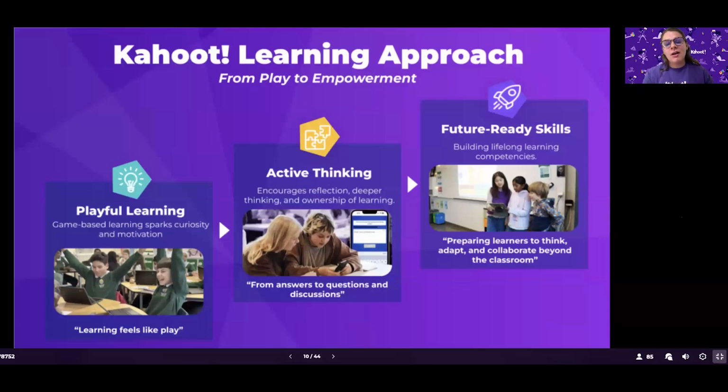Along the way, we know learners develop and foster their future-ready skills in digital citizenship, critical thinking, and the way that they approach these digital tools, and the productive discourse that happens in conversation and connection along the way. And again, we leave the content, the nitty-gritty definitions, the fact checking on a document-based question, the test prep, the standardized tools, all of that up to you as an expert, or your colleagues or your district or your university and institution, however, up to you. And we just really make sure that the delivery and the execution of that is that much more engaging so students walk away having learned, not just having been lectured at.